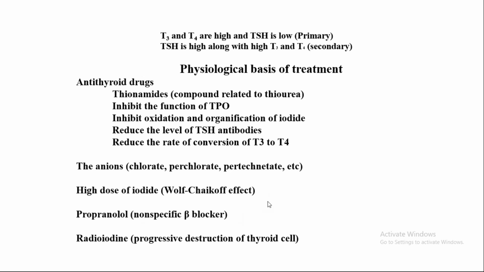And a beta blocker is also given because thyroid hormone increases the beta receptors in the nodal tissue and cardiac muscles, and it also increases the sensitivity to catecholamines. So a beta blocker, the drug propranolol, is given. Ultimately the activity of thyroid hormone is decreased. It will reduce the stroke volume as well as the heart rate. And radioiodine causes progressive destruction of